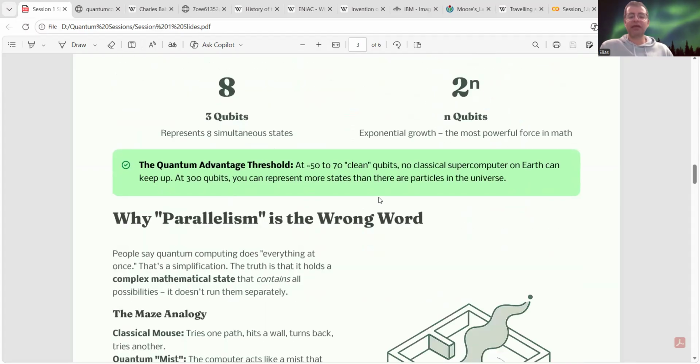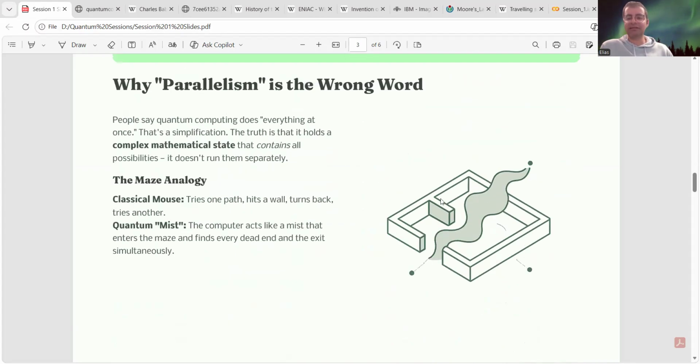One way that we can look at it actually is as a quantum maze problem. This is like a maze problem. Let's say you have a maze and you have a mouse that's going to enter from the entrance and exit from the other side. So the mouse will try all the possibilities.